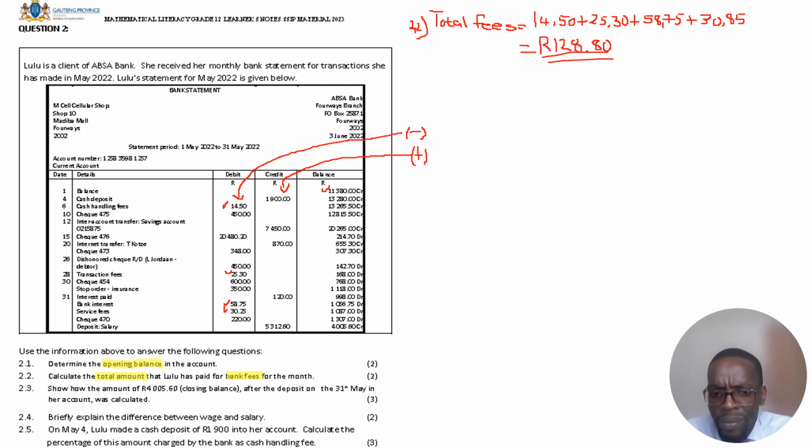Why is that so? It is because if you check this amount of 1,307 here, it is written DR. Now, what does this DR mean? It means that this account had been overdrawn. In other words, this person here overdrew their account. Where did they overdraw their account? Remember here, they had an amount